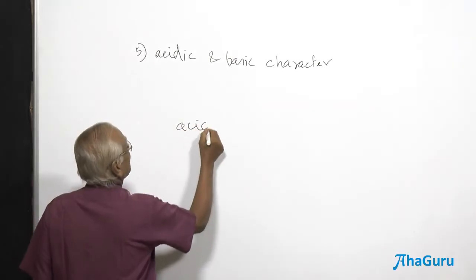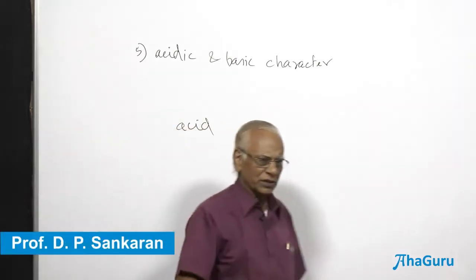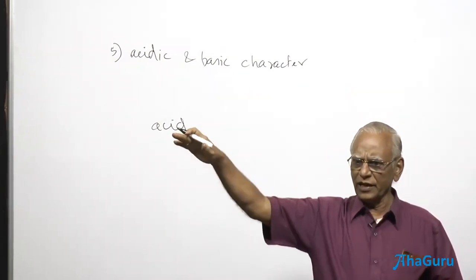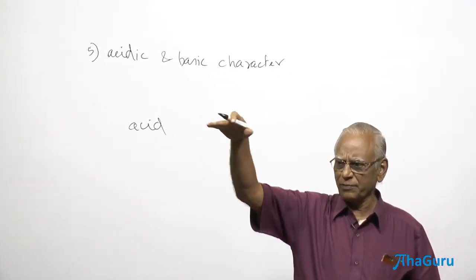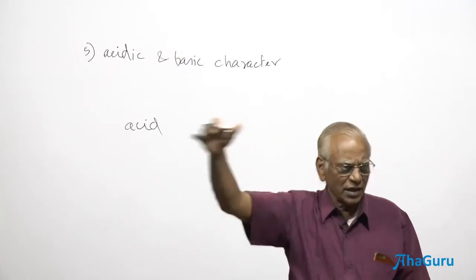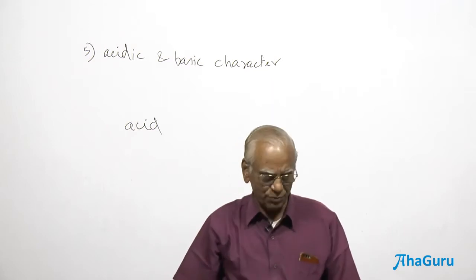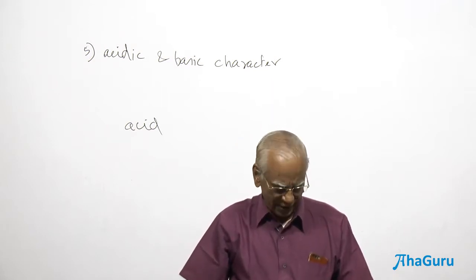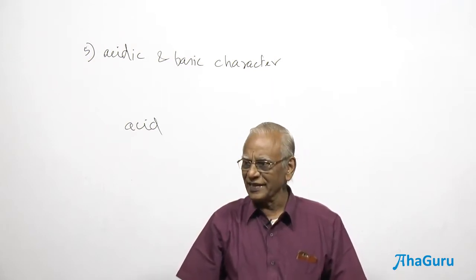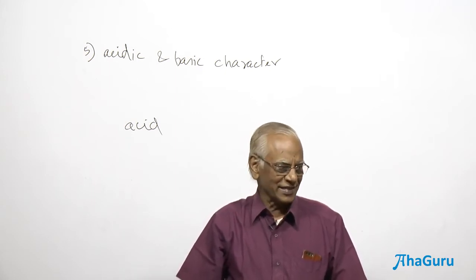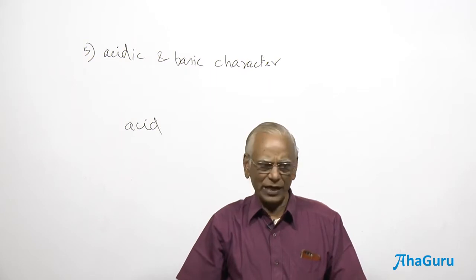Let me take acids, again, as usual. Now, what should happen? Oh, we didn't discuss the periodicity of electronegativity down a group and across the period. It's going to be the same as that. Across the period, what happened? Electronegativity increases, as with the previous property. Across the period, electronegativity increases. Down a group, electronegativity decreases.